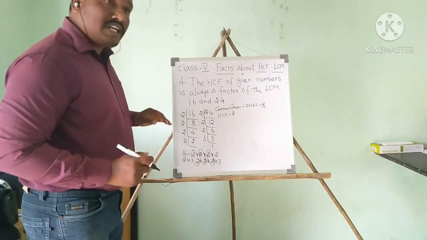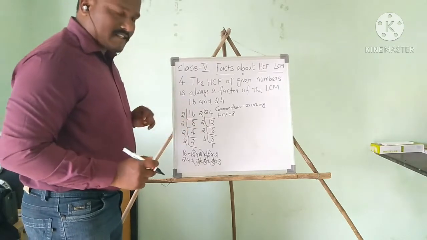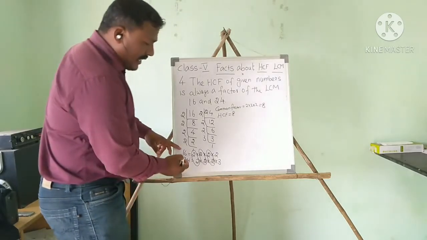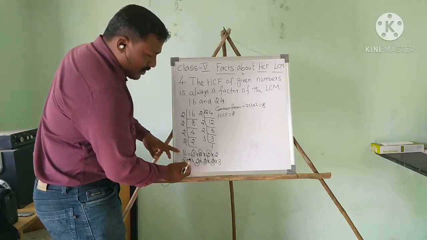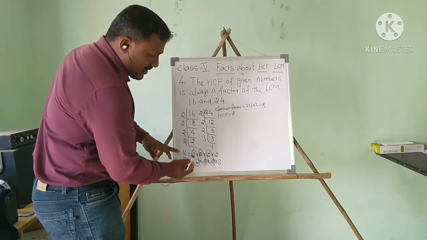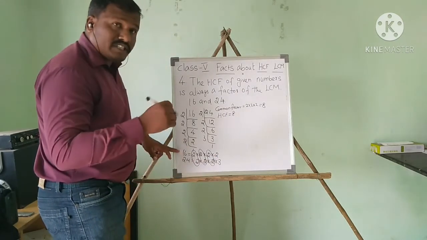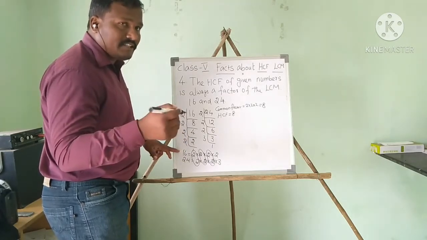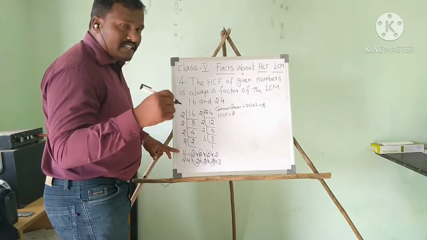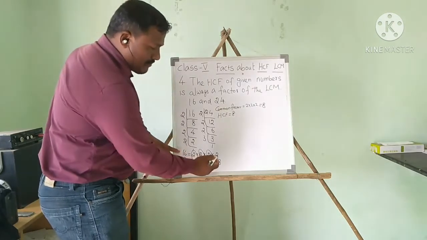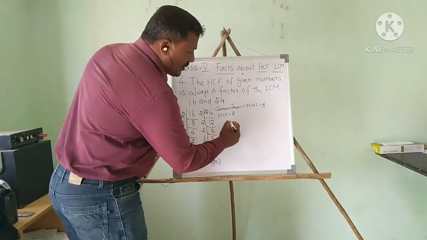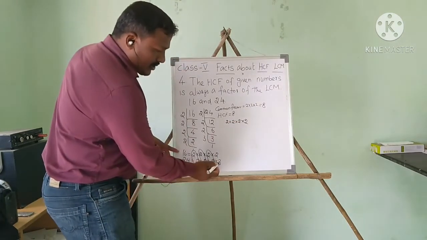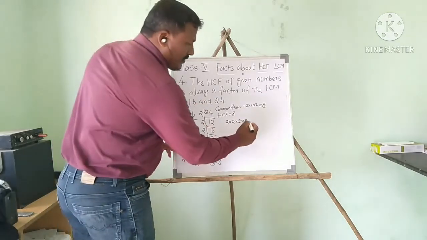Now I am going to find the LCM using these factors. You know very well the least common multiple. Already I have written it here: 2 appears 3 times here and 4 times here. So which is highest? The number of times repeated which is high is 4 times, so I will take 4 times: 2 into 2 into 2 into 2. Here 3 appears only one time, that's the highest, so I will take 3.